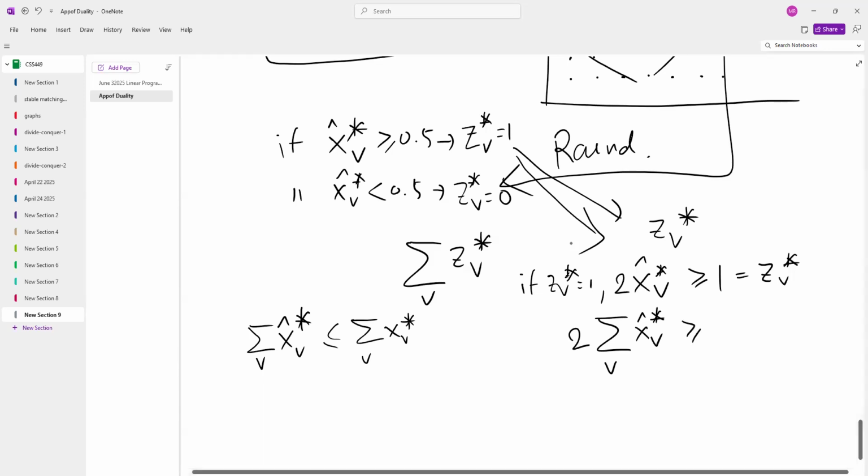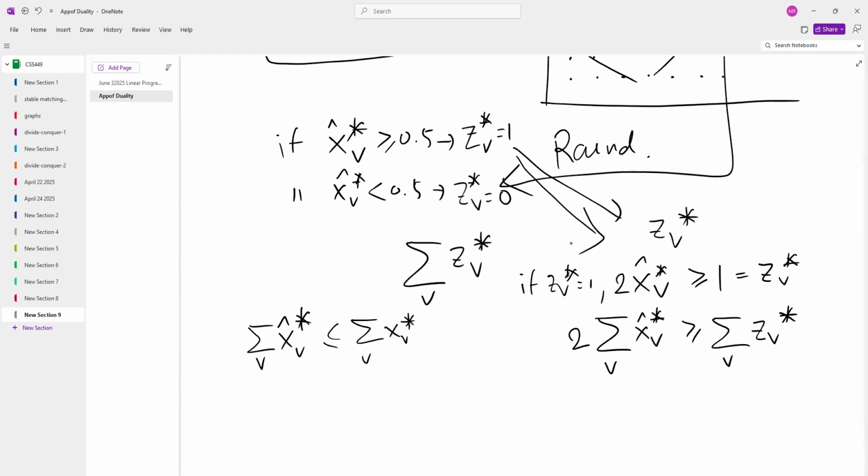And then it's going to be equal to the summation of V Z V star. And this is fine because there are some facilities there. So if the amount is 0, if this one is less than 0.5, but if it's 1 or 2, it's going to apply to this, right? So this is fine, but that means that